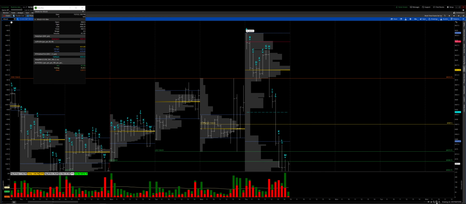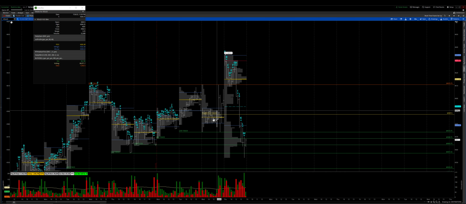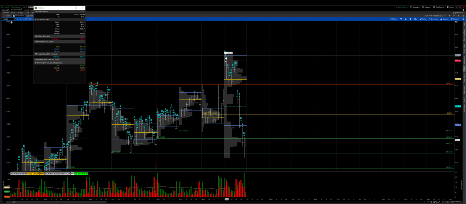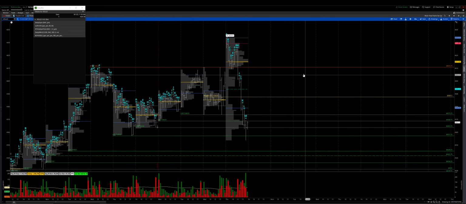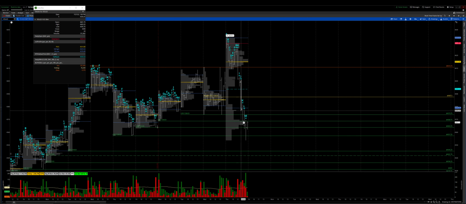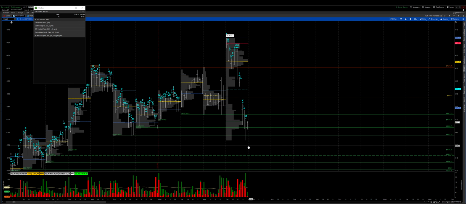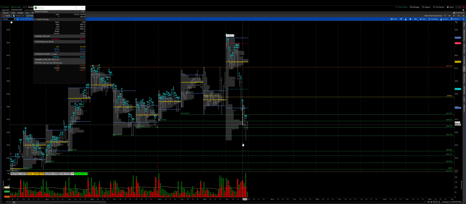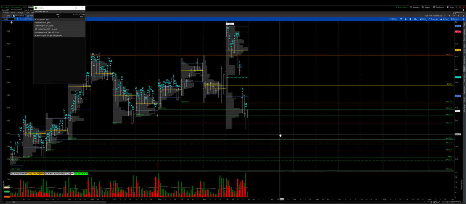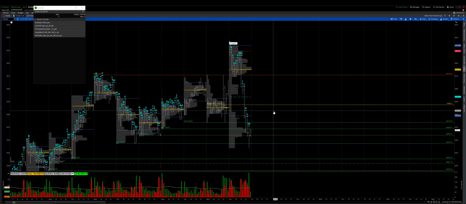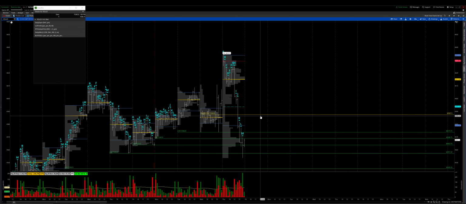I want to say it's still a balance, and that even though we've stretched the balance by 23 points to the upside, I'm going to still say it's a balance considering the liquidation we got here and how we close back into the balance area. So if we take out this low at 45.25, the daily will be one time framing down. So just keep an eye out for that. Let's go ahead and mark our destinations real quick. I know that was a lot to go over,